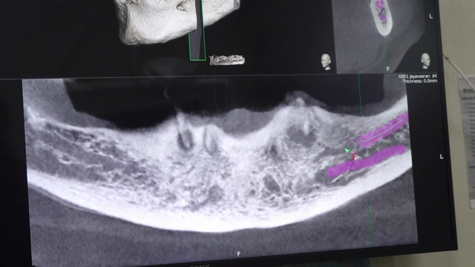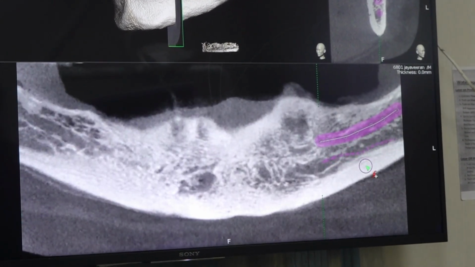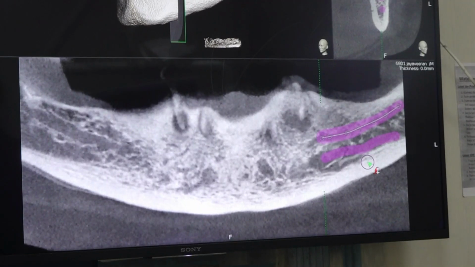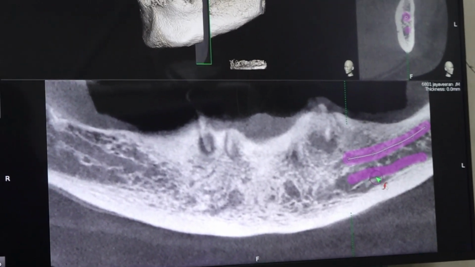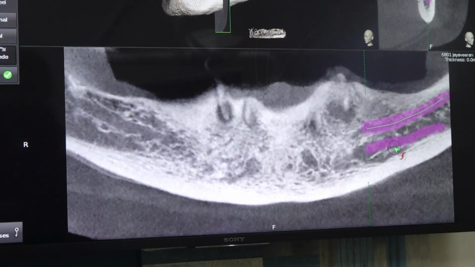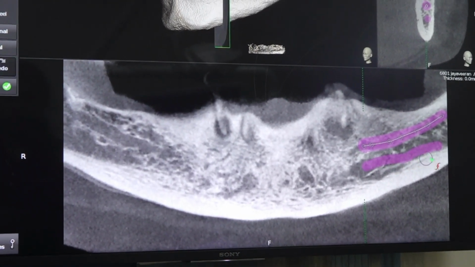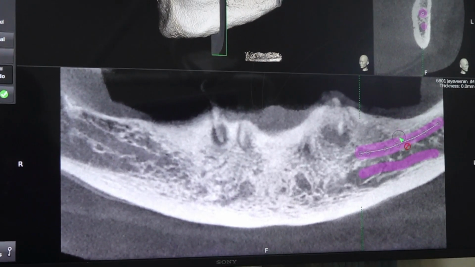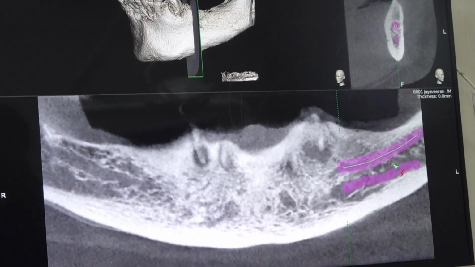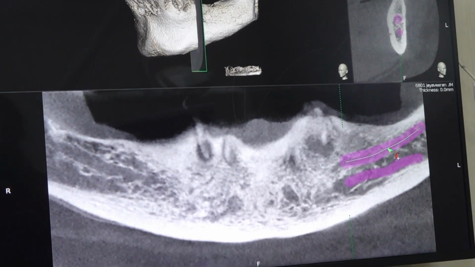Okay, the upper canal is coming out as the mental foramen here. But the lower canal is not coming out, it is coming inside the bone. Whether the lower canal is a real canal or marrow space, that doesn't matter, but the upper canal is a real canal. We cannot consider the lower canal as the canal, right? Because the upper canal only comes out as the mental foramen. So it may be a 2 canal situation or a 1 canal situation, but whatever the situation is, the canal